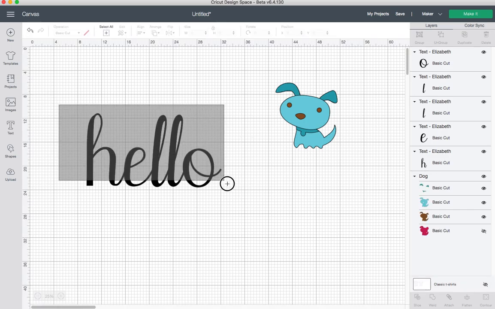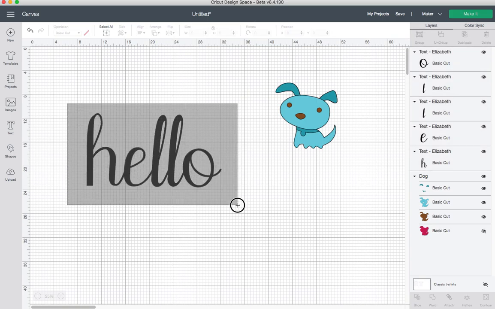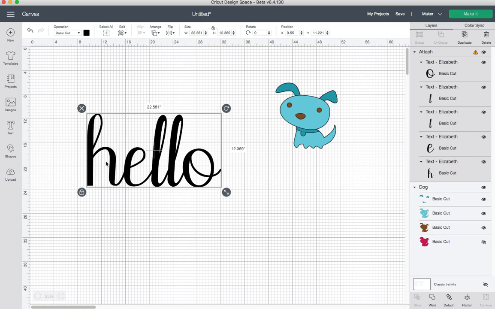So you can draw a box around them. You could hit group, but that won't make sure that they're connected. So there's two ways to connect things. The first is you draw a box around it and you can click attach. Attach makes them keep the same position. So if you click to make it,